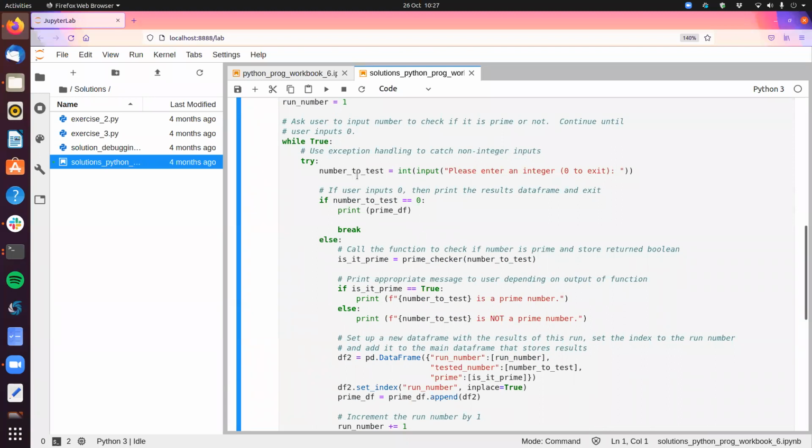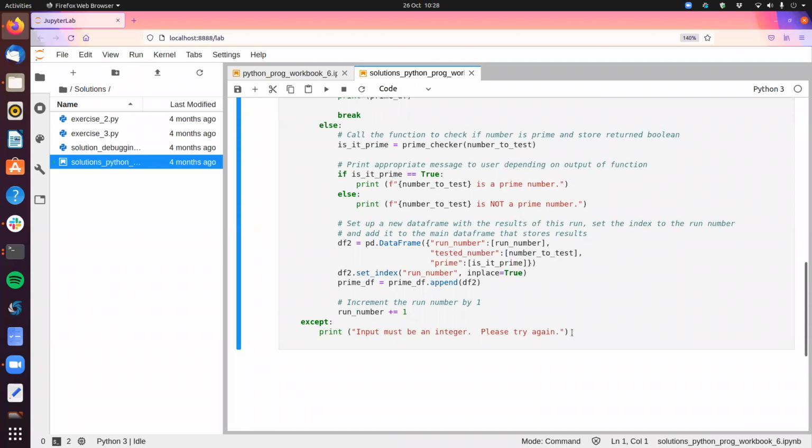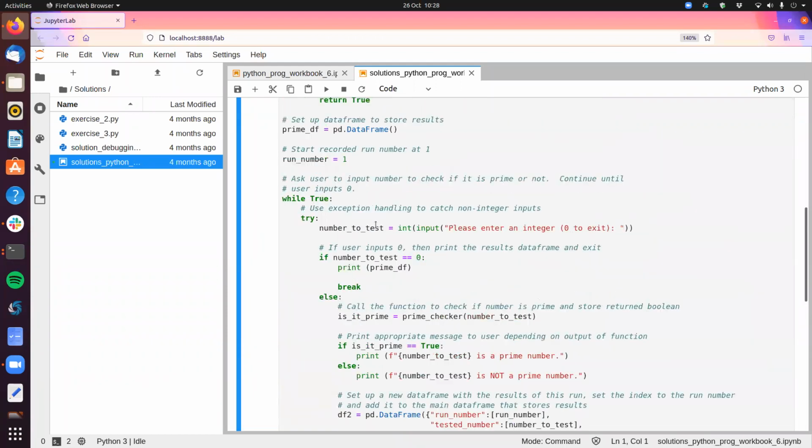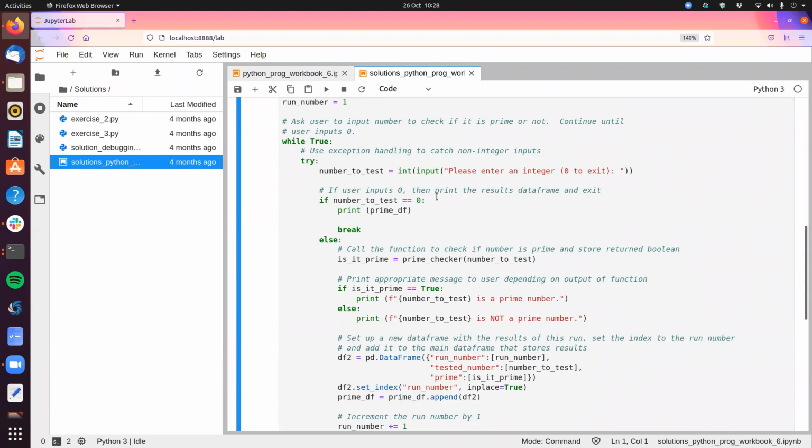So the thing it's going to try is it's going to put a message to the user saying please input an integer and the number 0 if they want to exit, and it's going to capture that input, cast it as an integer, and then store it in this variable here called number to test. So then we check whatever input they've made. Remember, if they put a string in here at this point, it'll collapse because it won't be able to cast it as an integer, at which point the except statement will be run, this message will be displayed, and it'll go back round again. But assuming they've input something valid, then it'll first check if they've input the number 0,